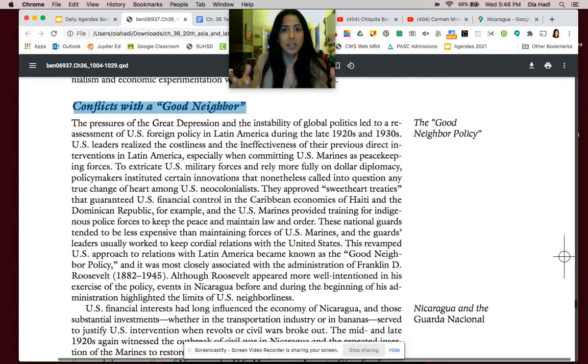That changes in the 1920s and 30s, largely because of two large historical developments: the Great Depression, and the United States sensing that a Second World War is coming with the rise of the Nazis. So we want to make sure that our neighbors to the south, all of Latin America, have a more friendly relationship with us. We don't want to cultivate bad blood with a potential war coming. We want people to be on our side.